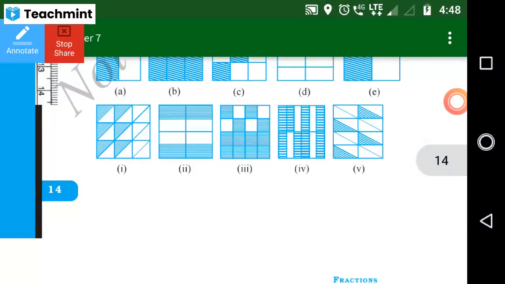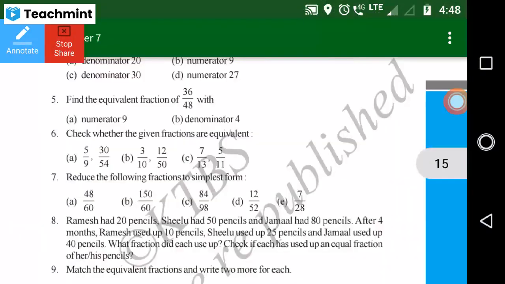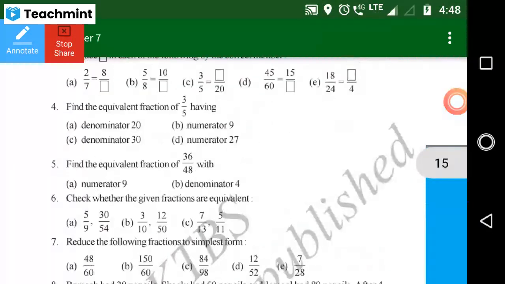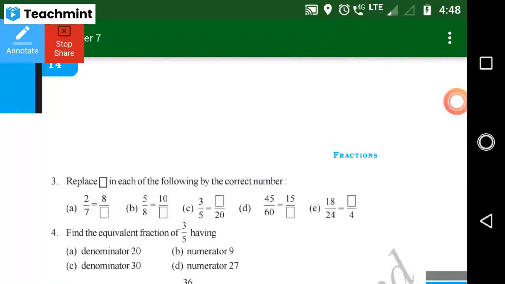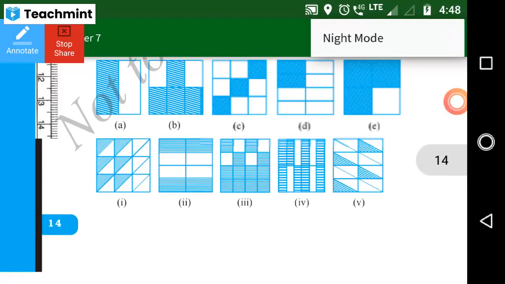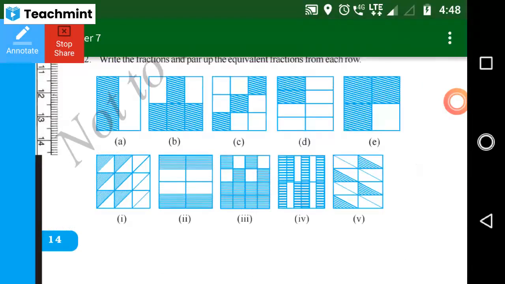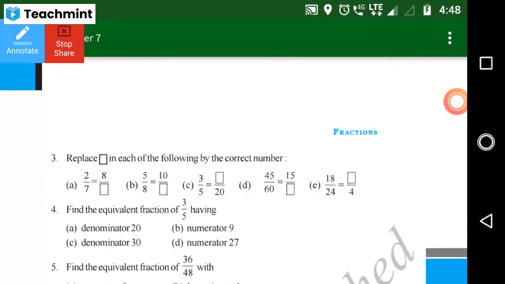So up to second main is completed. In the next class, I will continue this 7.3 exercise. So up to second main, you just practice at home. Clear? I just send the notes to you now only. You just complete the sixth lesson. Don't neglect that one. Only 3 students.